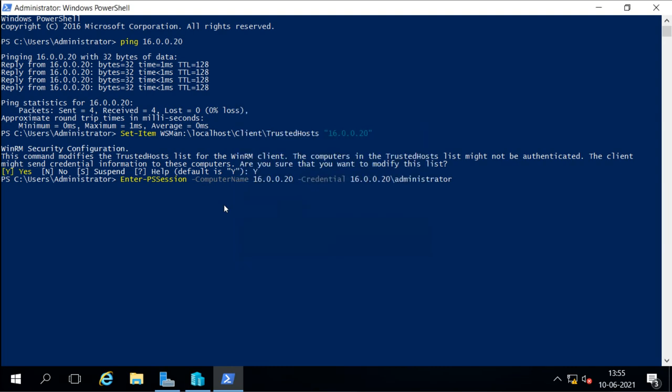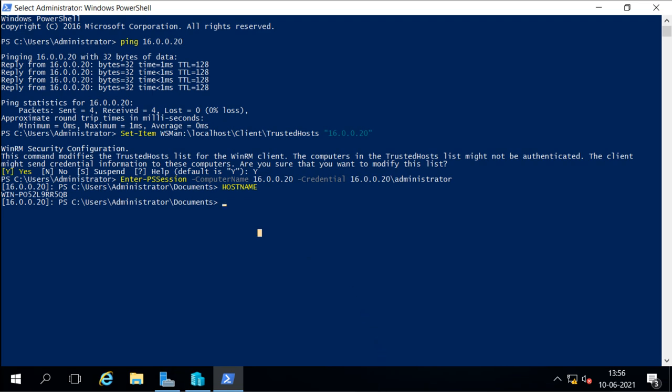And we will get the PowerShell terminal of that nano server. Now we are getting the PowerShell terminal of that nano server, and we can access it. Right now we are in the nano server. We can verify by getting the name, and it shows this name. This name is the system name, so we can change the name also if we want. We can change the name of the nano server from the PowerShell command.